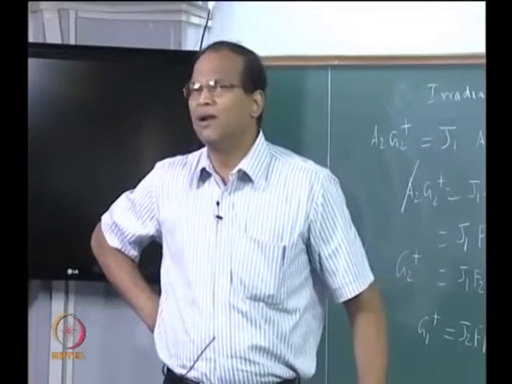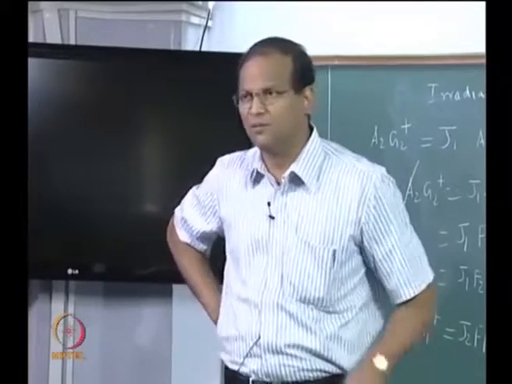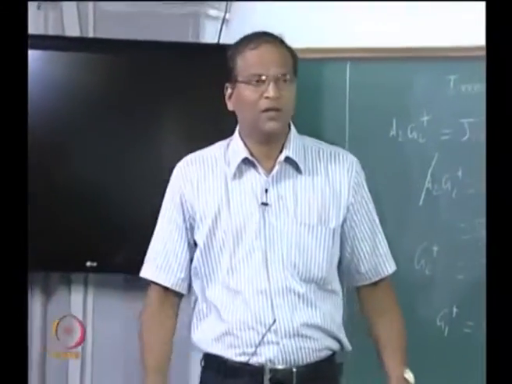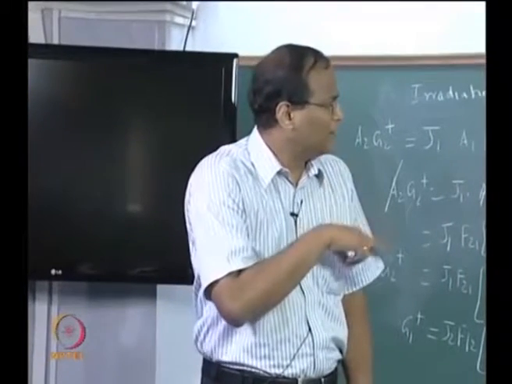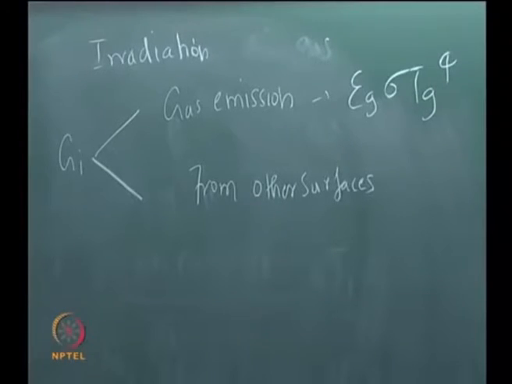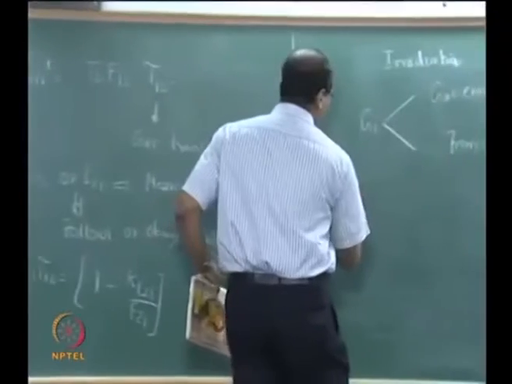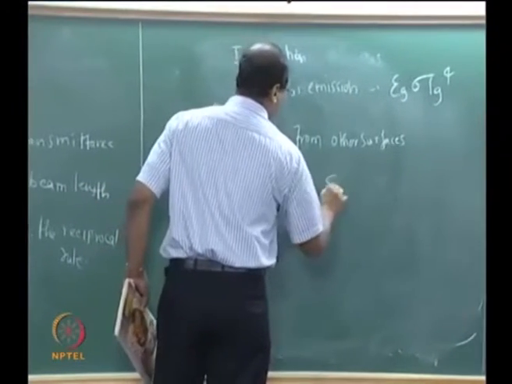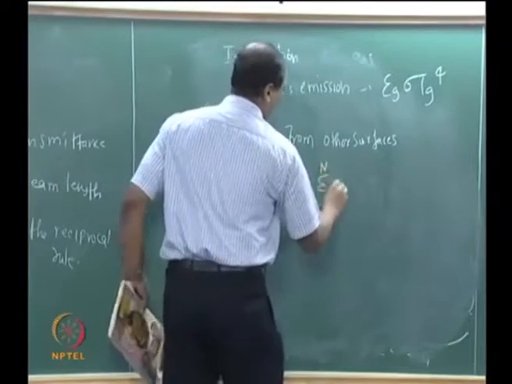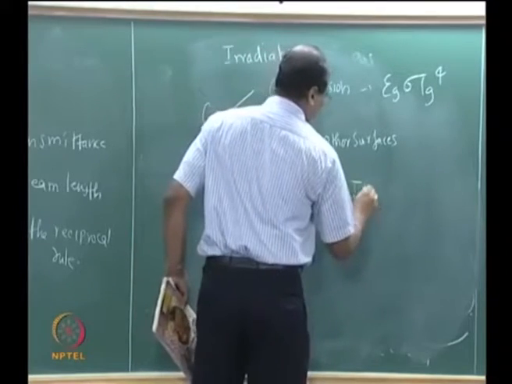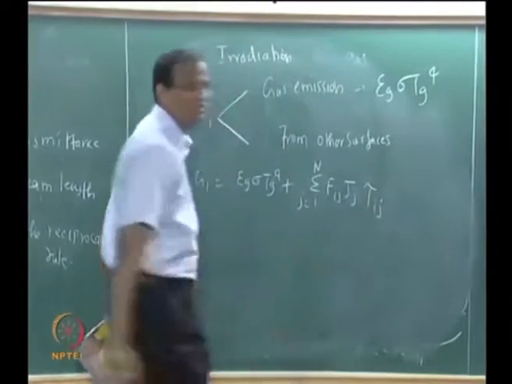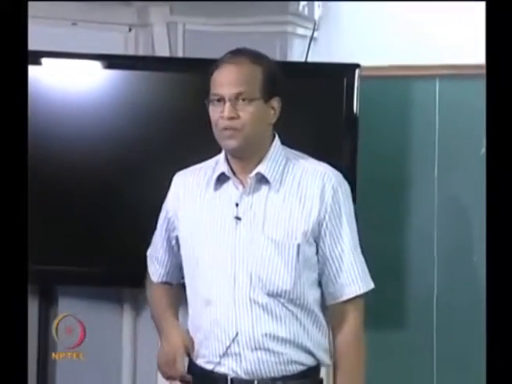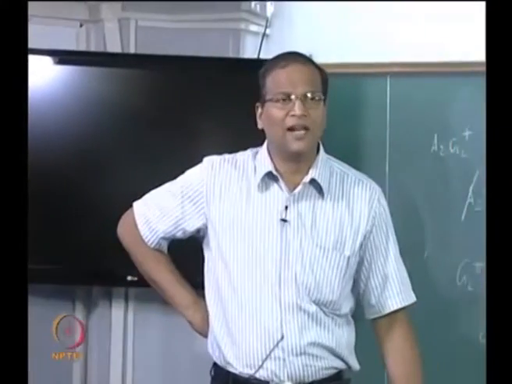In fact, tau and epsilon will be related in such a way that epsilon plus tau is 1, something you will get, right, fine. So, now you are able to calculate the gas emission, you are also able to calculate the irradiation from other sources. Therefore, that is it. There are two critical changes which we have done to the irradiation. What are those?